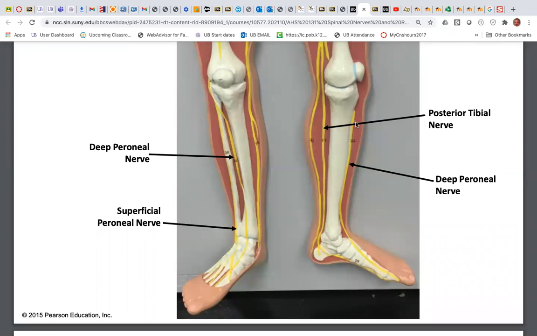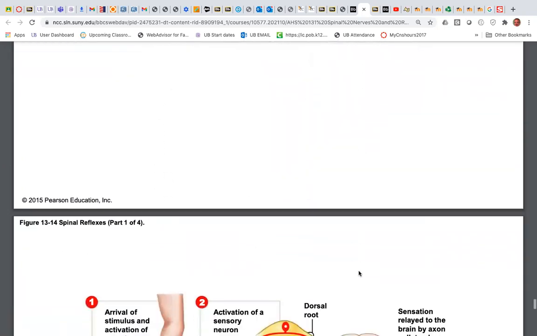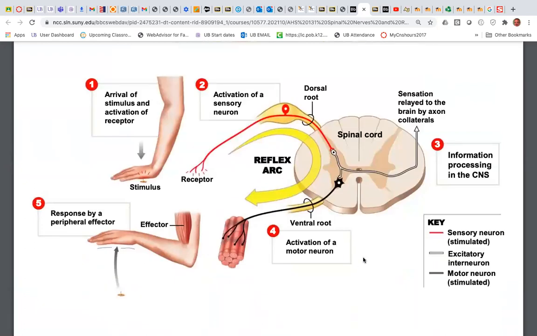Here, from the side view, we can see the deep peroneal nerve, right? It goes to the anterior compartment muscles. Here is the posterior tibial. Goes down the back of the tibia, underneath the foot, and goes to the inner and outer part, but on the plantar surface. Okay? And I think the last thing that we need to complete here is what's called the